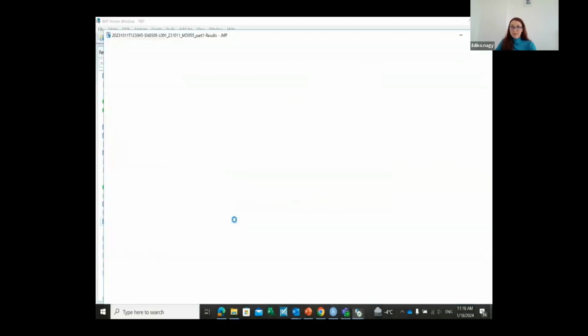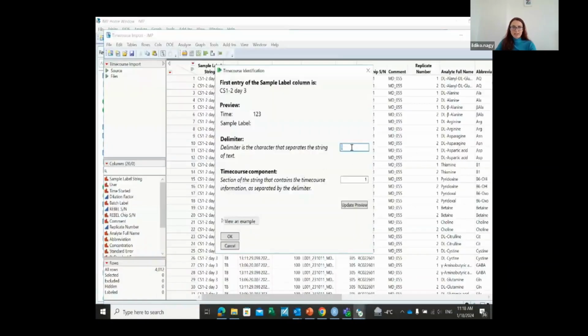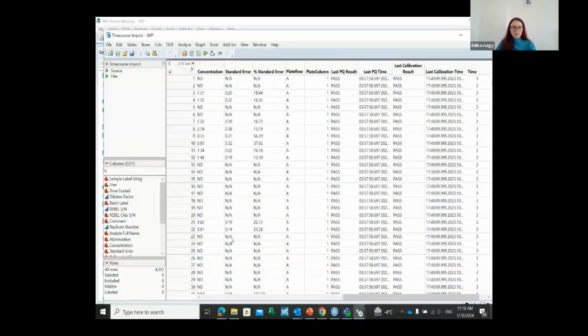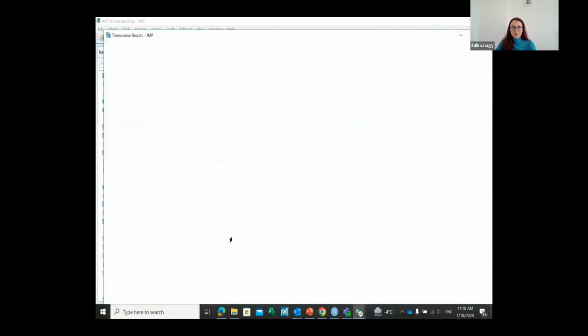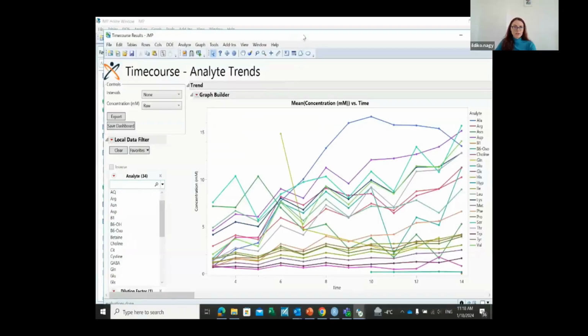JMP recognizes it immediately and imports it. And this is how I define the time course component with the double space and the number 3, which shows the time starts with 3, which is day 3. And now the data table appears, and also the analyte